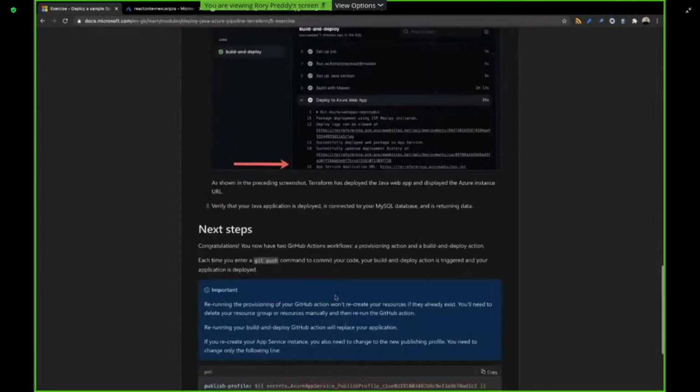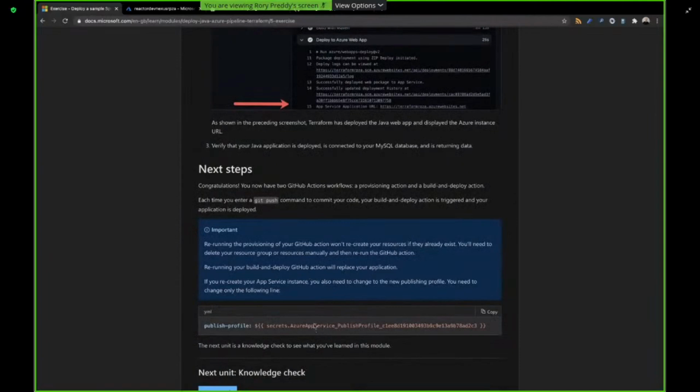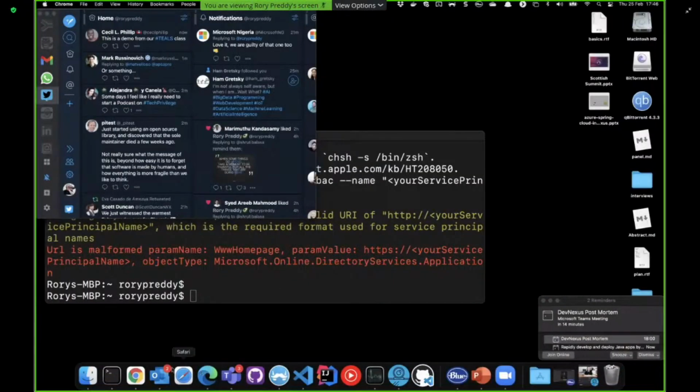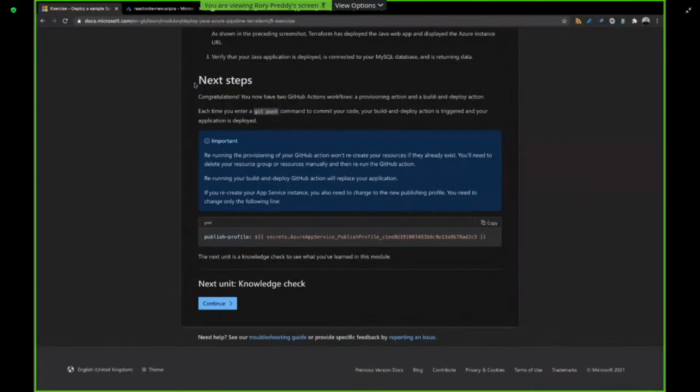And then the next step is you can actually go and make this into production code, or you can also delete it. So remember, this is going to cost you with the MySQL database. If you run it today, it's not going to really cost you more than cents. But if you leave it on for an extended period of time, rather go and delete your resource group and also the underlying service principal. Delete the service principal, because that gives you authorization to do a lot of things on your account. So let's go back there onto